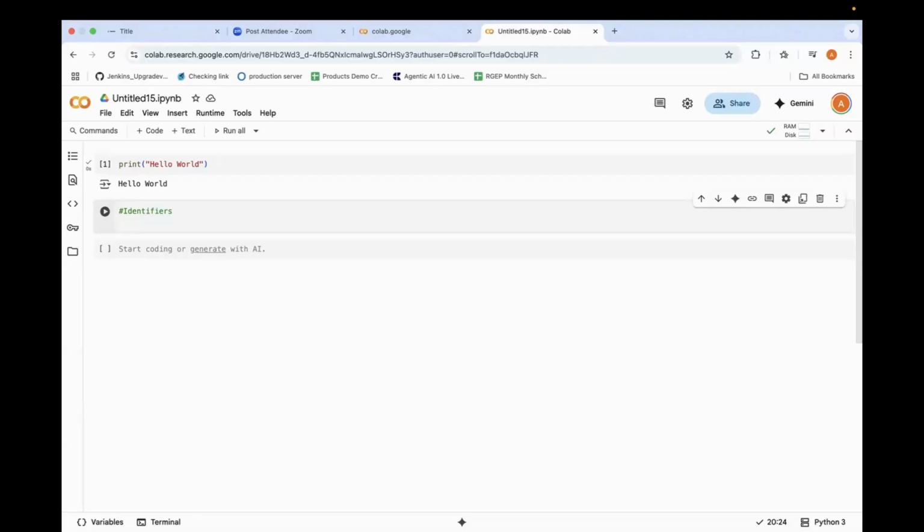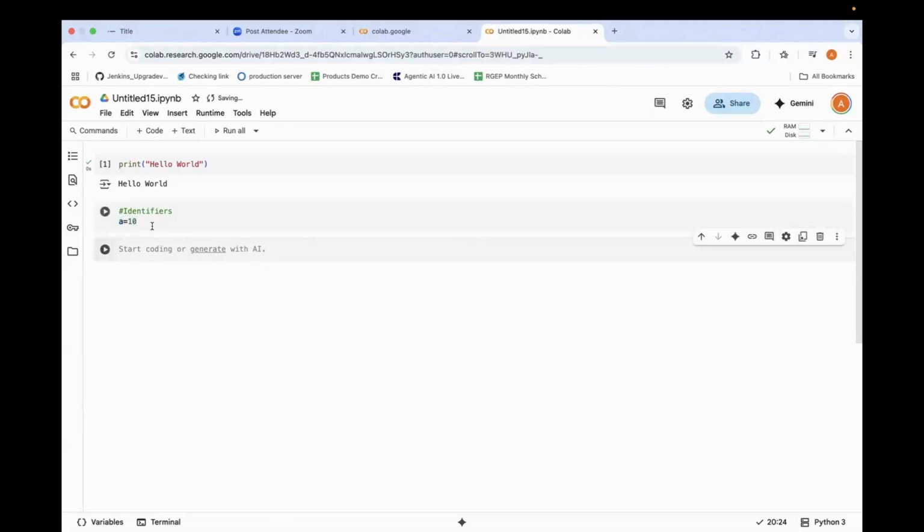Now coming to identifiers. An identifier, you can consider a variable name. Now what is a variable? If I type a equals 10, whenever I call this a, I'll get an output of 10.